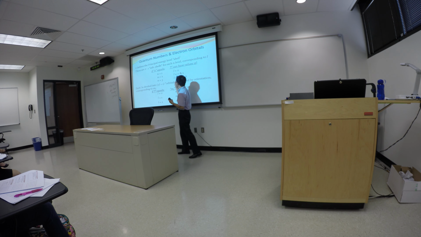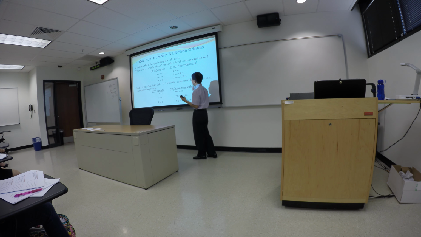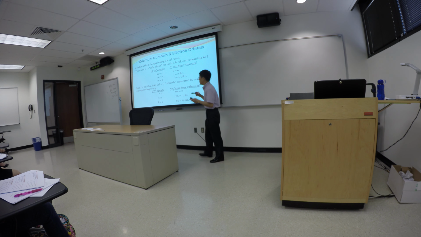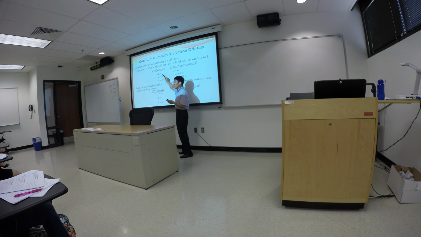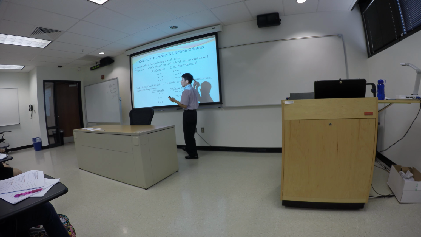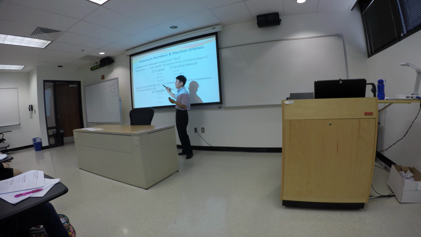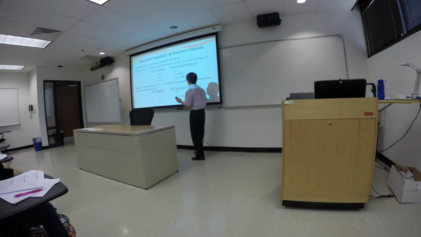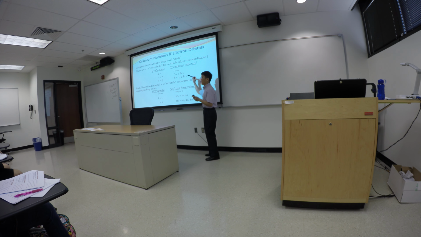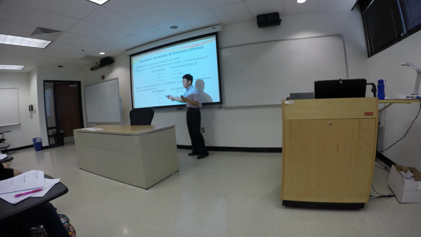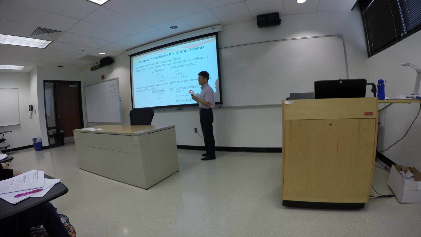When n equals 2, there are 2 sublevels. When n equals 3, there are 3 sublevels. The number that we use to represent those sublevels is 0 when n equals 1, 0 and 1 when n equals 2, and 0, 1, and 2 when n equals 3. And then, once we have the sublevels identified, when L equals 0, the total number of orbitals that we